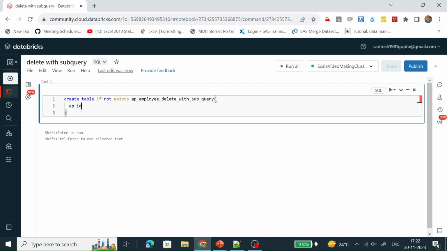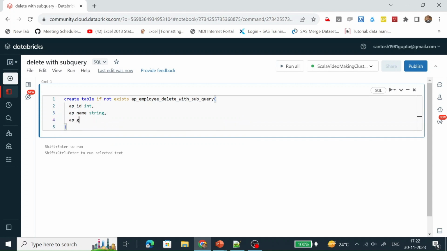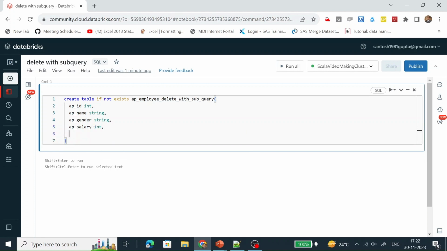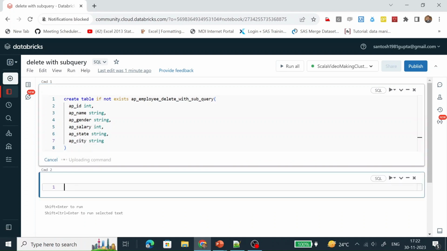APID of int type, AP name of string type, AP gender of string type, AP salary of int type, AP state of string type, and AP city of string type. Let's run it.